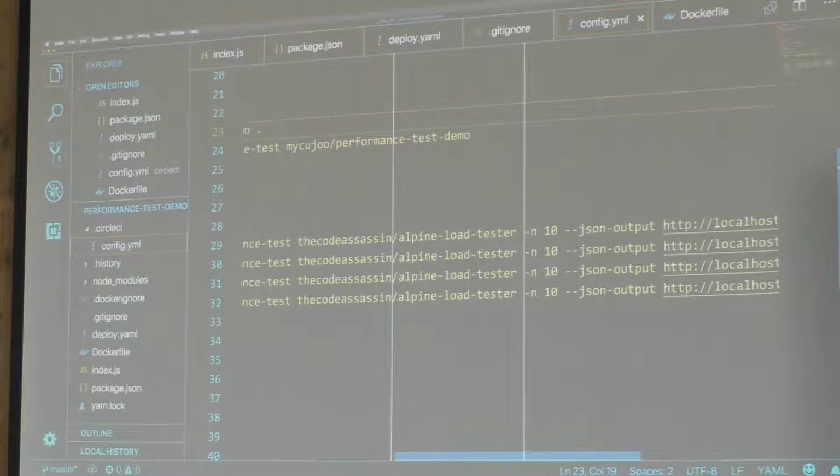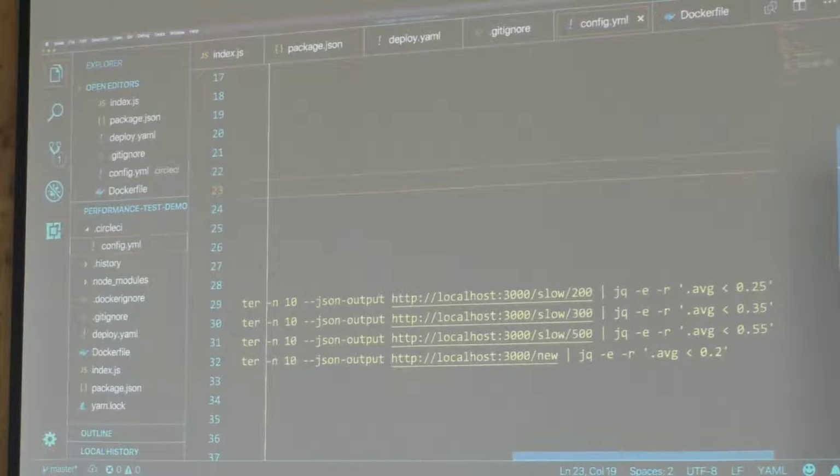The thing is that I built a parser that parses AB results from Apache Bench to JSON, but it was not working really well, so I decided to just use the one that outputted JSON. JQ is just the command line JSON parser that takes standard in as an argument and parses it. The -e means that it will exit upon non-true values. So if it's null or falsy, the condition in there, then it will just exit. So in this case, your build will exit with exit code 1, and your build will fail if it doesn't meet the requirement. So in this case, I can rerun the build and show you that it will in